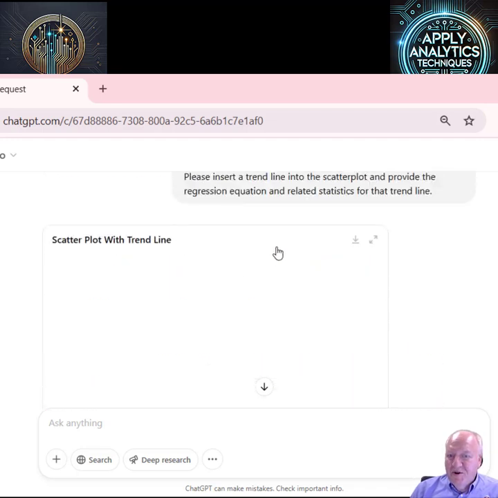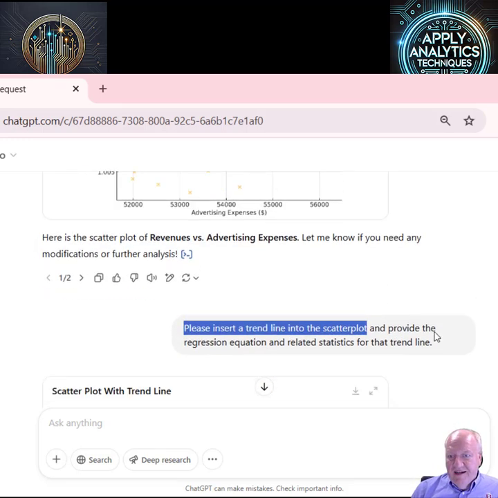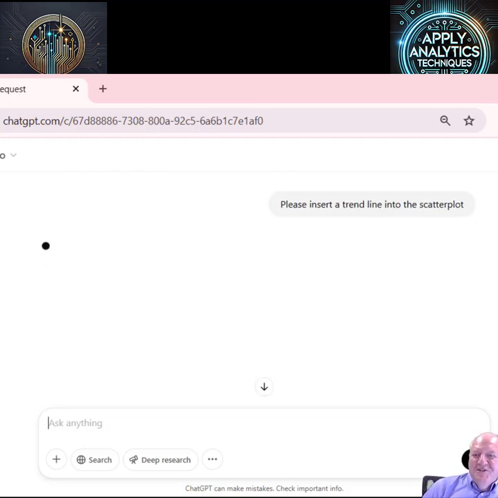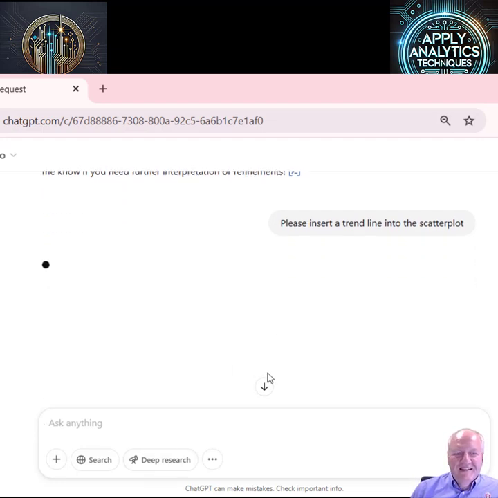I could ask it to go ahead and regenerate this trend line, and maybe I'll go ahead and do that. This is kind of a make-it-up-as-we-go type of thing, where if it doesn't do what you ask, and sometimes if you give it too long of instruction, like I gave it 2 instructions there, it kind of skipped one of the 2. So I know it can produce a trend line and would be able to do that for you, but it looks like it's not as willing to do that at the moment.